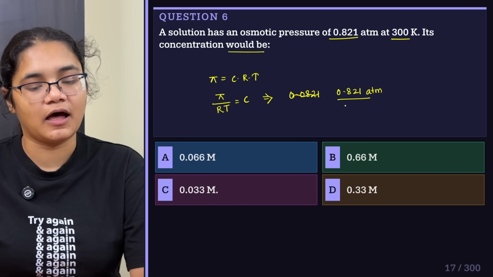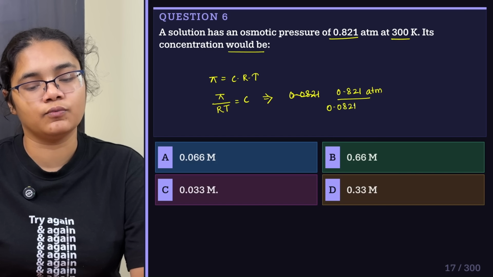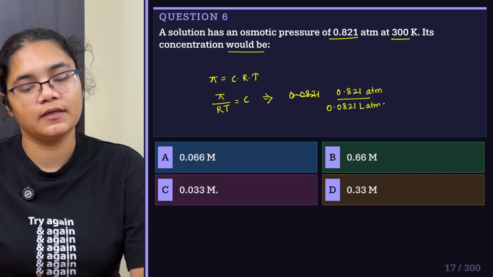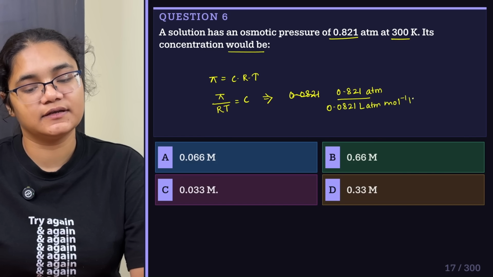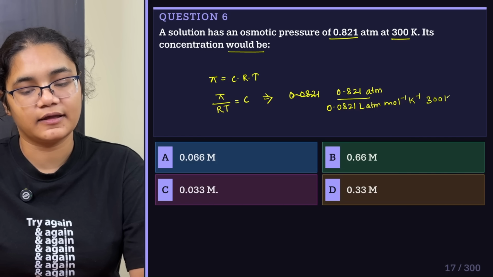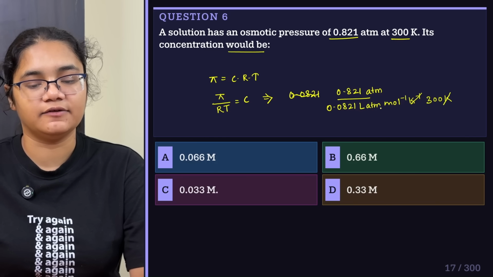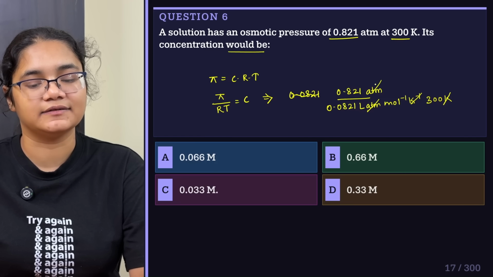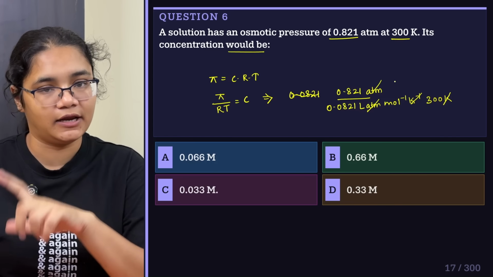And we have R value 0.0821 liter atm mole inverse Kelvin inverse, and the temperature is 300 Kelvin, right? Kelvin inverse gets cancelled, atm gets cancelled, and when it goes up we will get mole liter inverse,